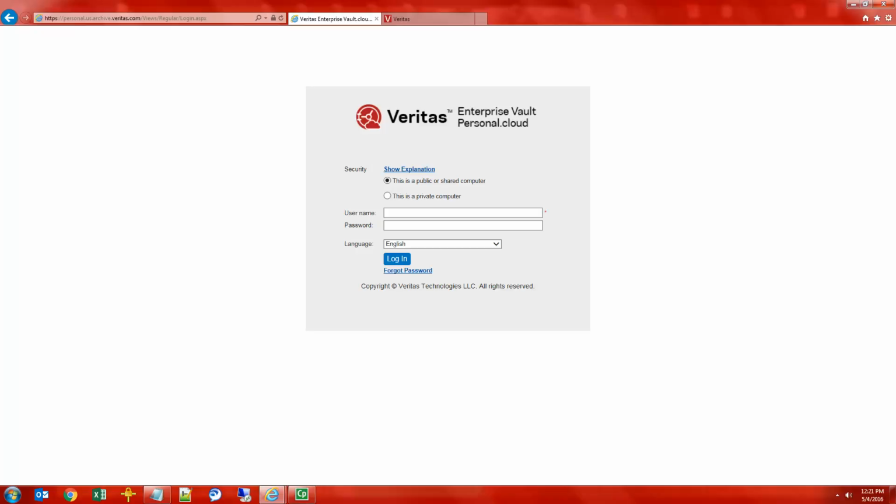Now, this is established by your organization's Enterprise Vault.cloud administrator and is not something that you can set up through this training. It's important to note that there are three separate and distinct Enterprise Vault.cloud data centers that have three separate and distinct Personal.cloud URLs. Those URLs are